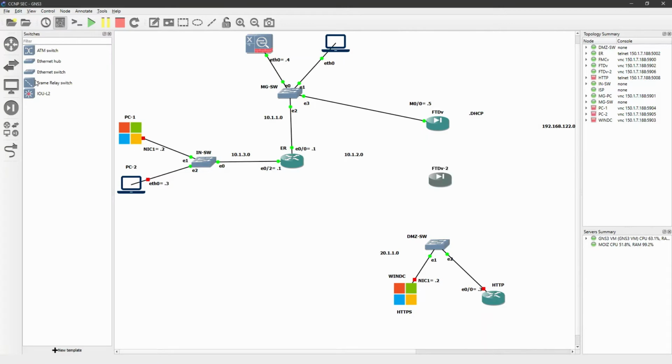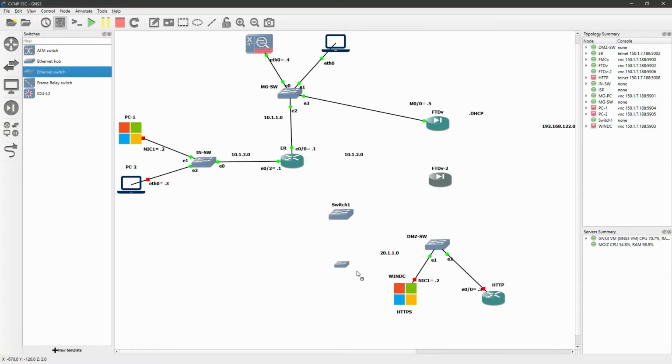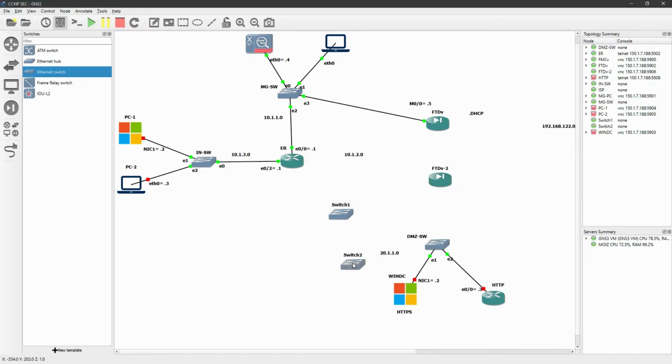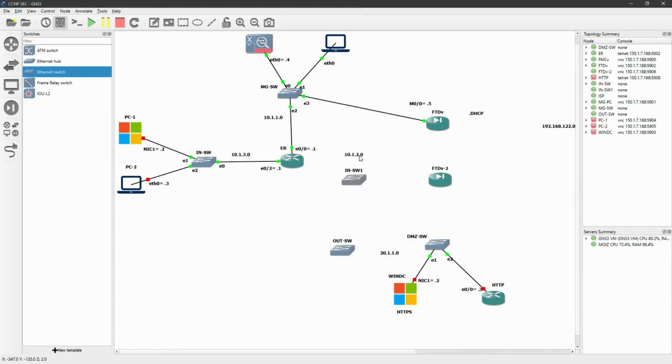I will take two more switches. This one will be the inside one, and this one will be the outside one. I will select and rename this one. For switch one, I will say INSW. For outside, I will say outside SW. And now I can use the switches.